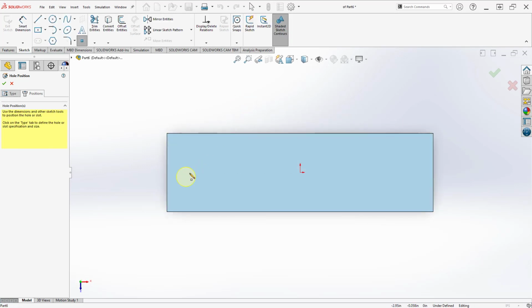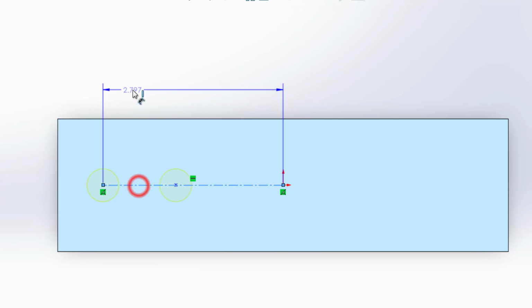Now you'll see everywhere my cursor goes, I drag along a hole. If I drop, it leaves a point and a hole. Now I can dimension these, but my choice is to use a center line. And I'm just going to drag a center line over to my first hole, select that, and if I make this dimension 2.5 inches,